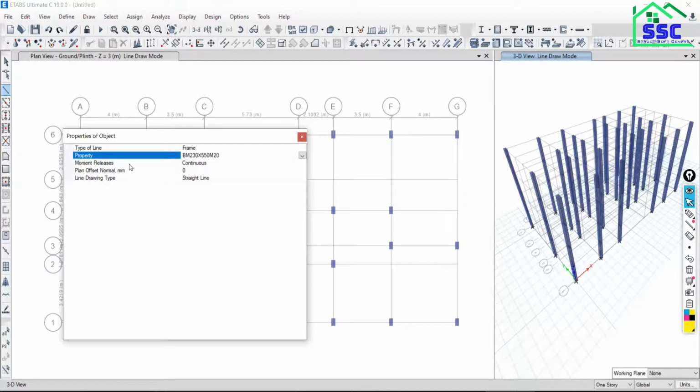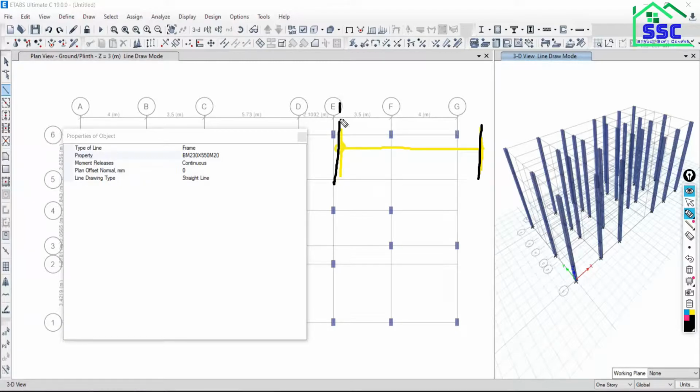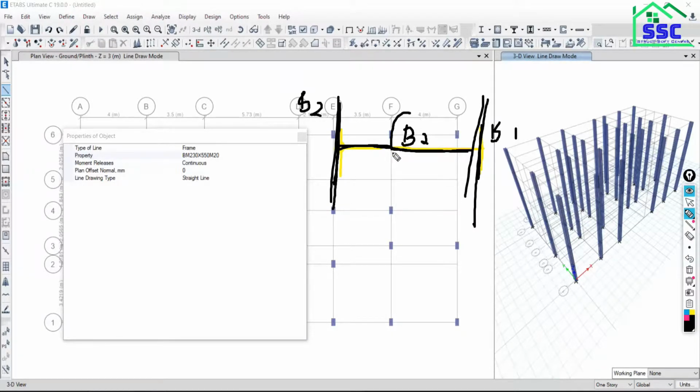Now moment release. Initially by default it has given the continuous option. Means what? Here you model so that both ends will be considered as rigid. I have already told you. Hello. Whenever, suppose this is a beam and this is a beam, in between I take a beam. Suppose this is beam 1 and this is beam 1, and in between this is beam 2. So this beam 2 is going to rest over this beam. So this beam is what, your second beam?